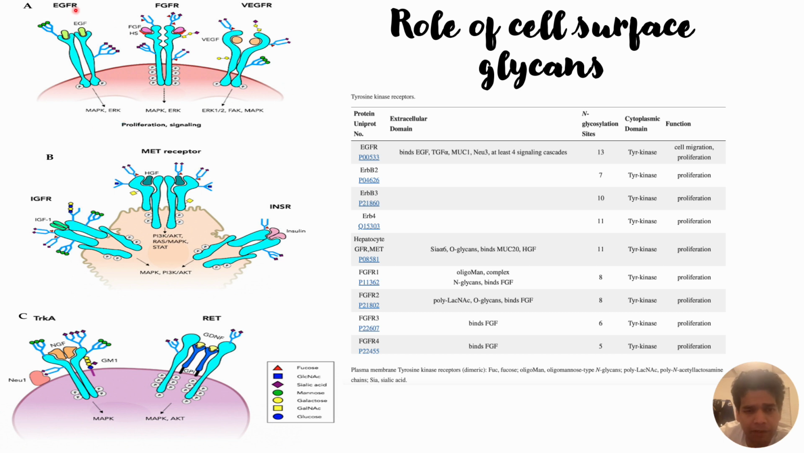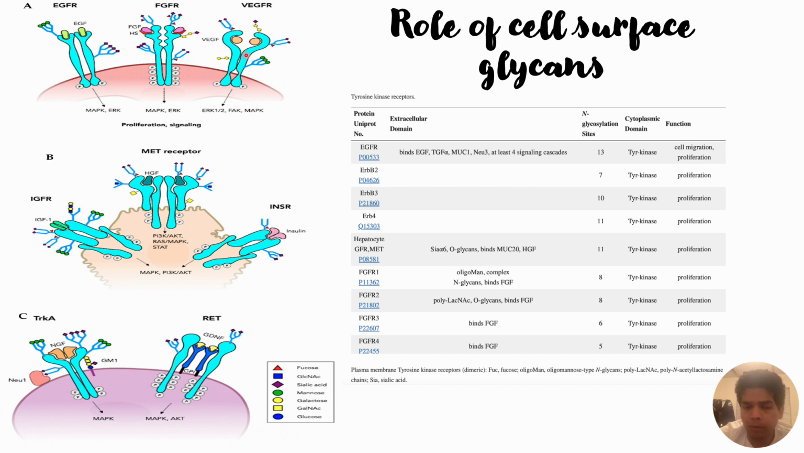MAPK and ERK pathways, which are triggered by EGFR, and similar kinds of functions are done by FGFR and VGFR also. The difference between these receptors is that all of them are activated by different kinds of antigens, and the interactions of these antigens and the receptors also depend on the glycan profiles of the receptors, as EGFR, FGFR and VGFR have different kinds of glycan profiles, and